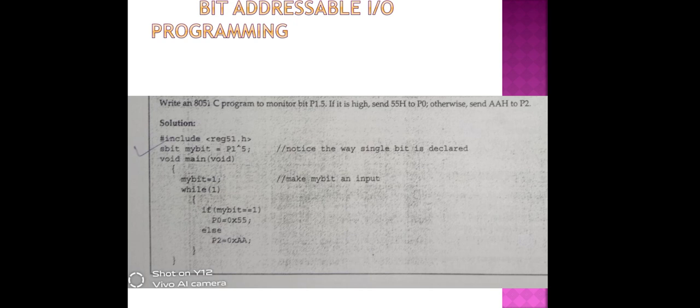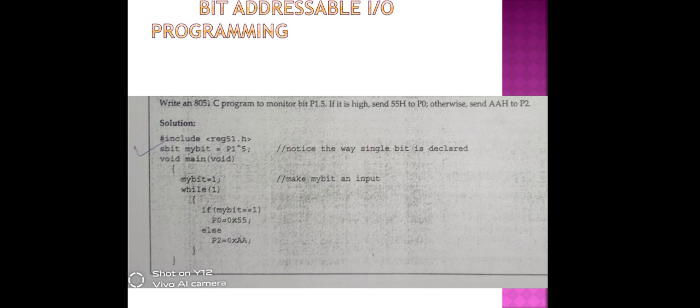First, hash include reg51.h. Then in the header file, sbit mybit is equal to P1.5. Why? To monitor P1.5. If it is high, then we put the single bit, which is also declared in this program.